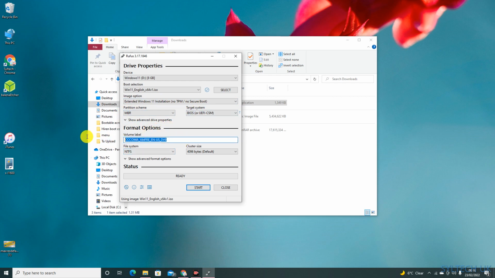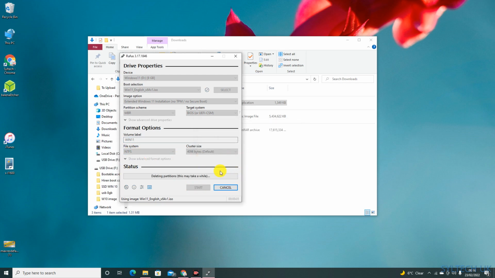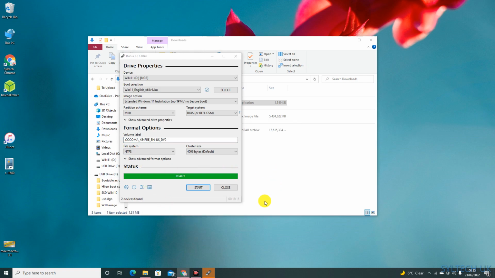and then you can change the volume label name. So I'm going to rename it Win 11. So leave this as it is and click start. Click OK. So once the process is complete, just close the window,